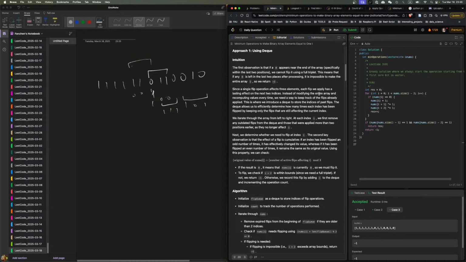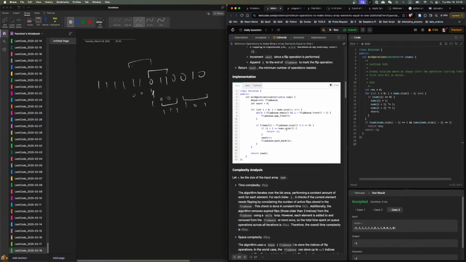If the result is 0, that means nums[i] currently is 0. So we must flip it. Because if it's 1,